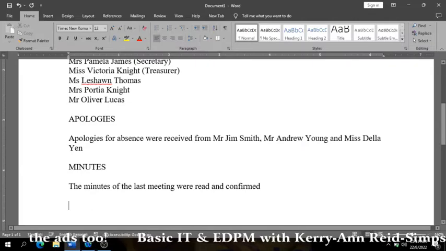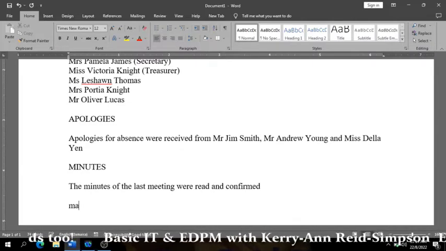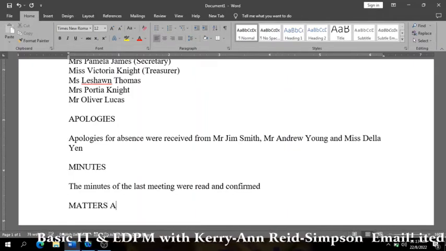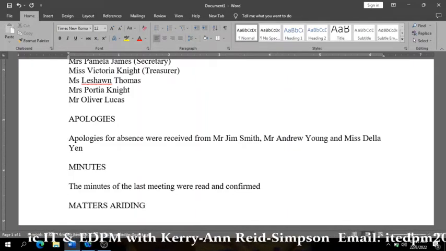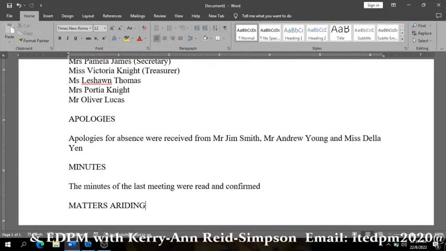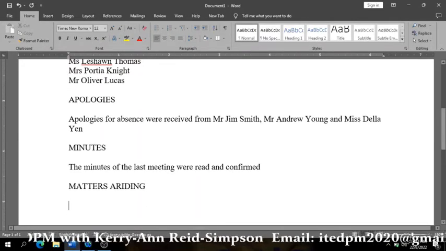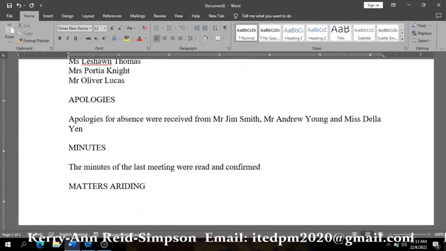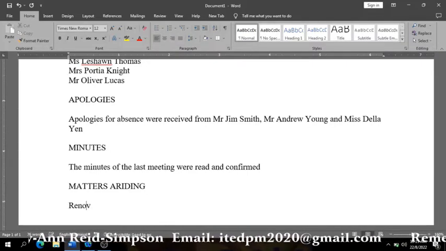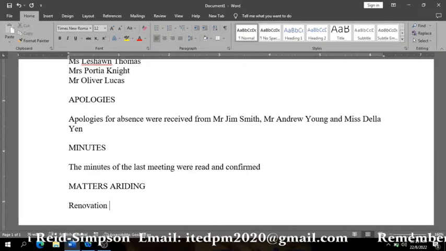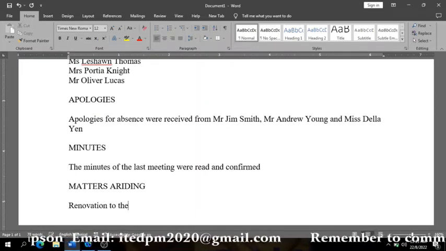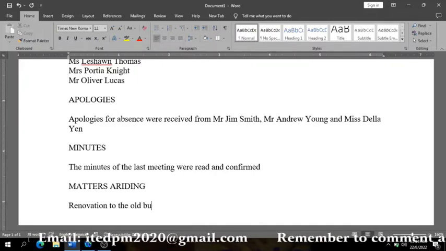Right, and then we'll have matters arising. That would be matters arising from the minutes. Enter twice, and then we'll have renovation. I'm typing a little slow because I'm reading from something. Renovation to the old building